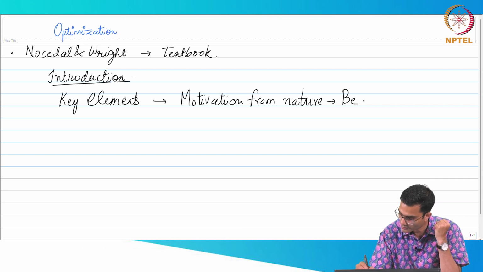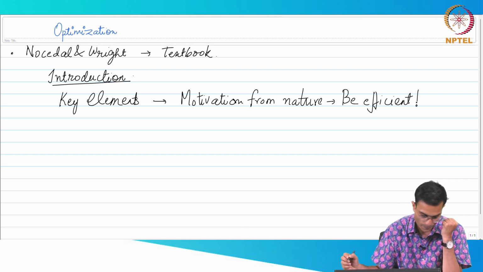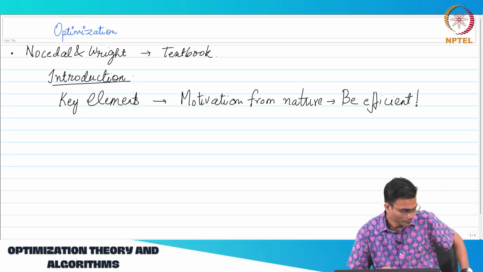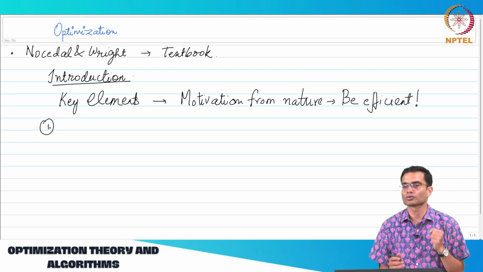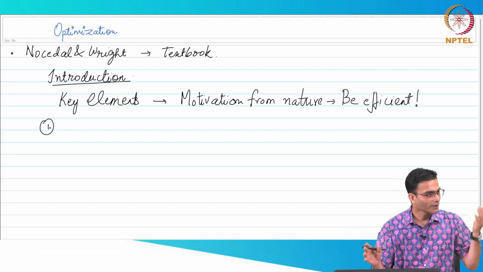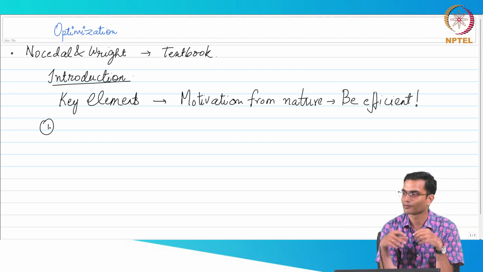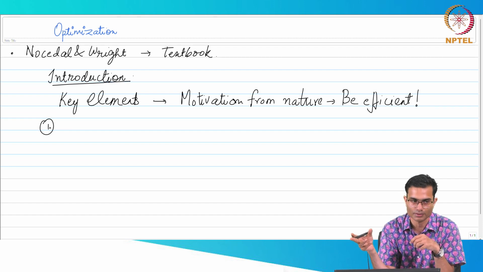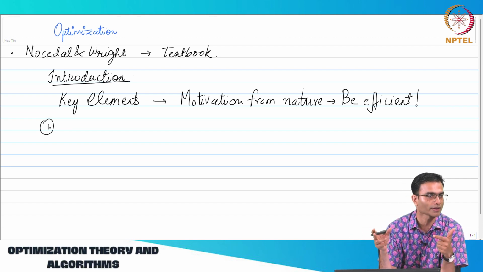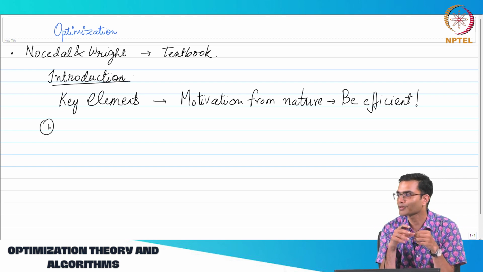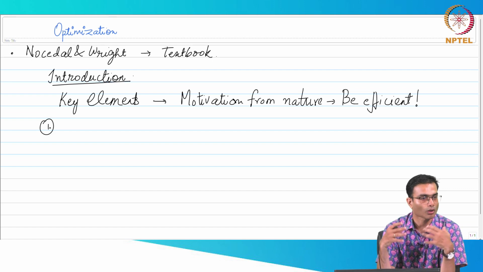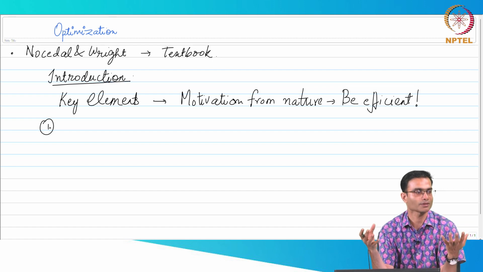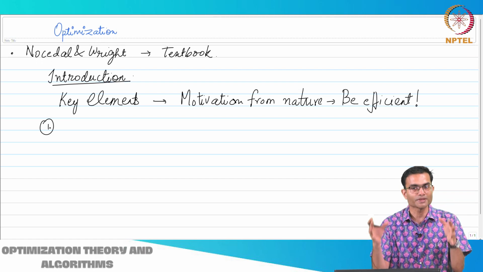In simple words, we can just say be efficient. So whatever we have spoken about intuitively, let's try to make it a little bit more formal. Like this example of the delivery person, we said that we were optimizing either fuel or money or both, right? So in the language of optimization, what would we call it? We would call it an objective function. So every optimization problem at the heart of it has an objective function.